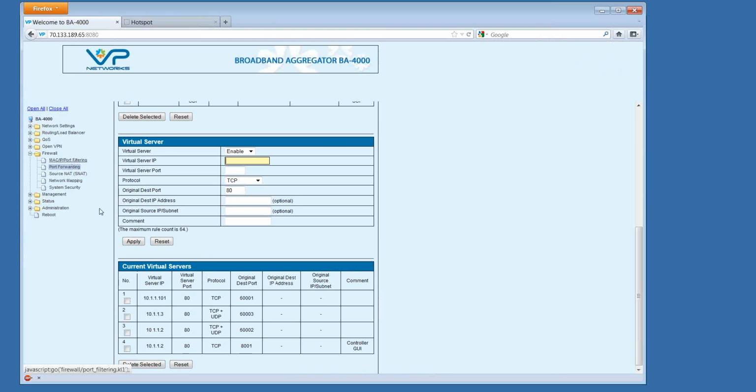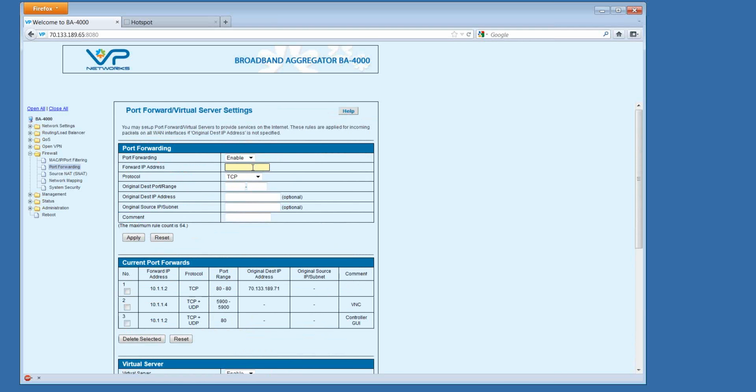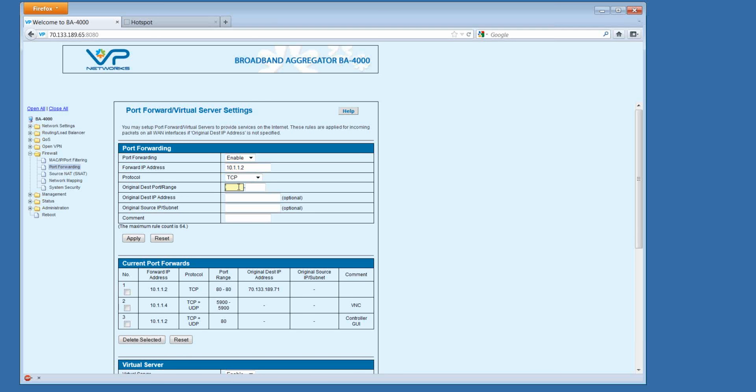So we go back to our 4000, we can look at port forwarding, and we'll create a new port forward. Again, we're going to 10.1.1. We're going to send these requests to the controller 3560. I'm on the virtual server tab. Here's the port forwarding tab. So going back to 10.1.1.2, the easiest way to set up the AP Manager port forwarding is to use a